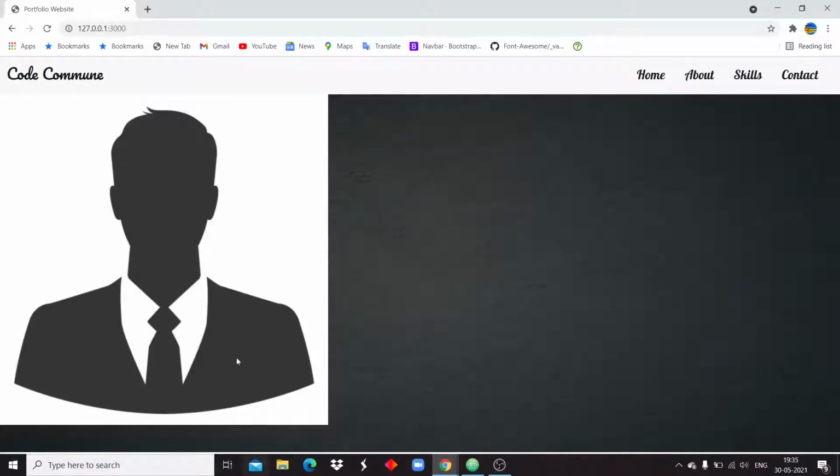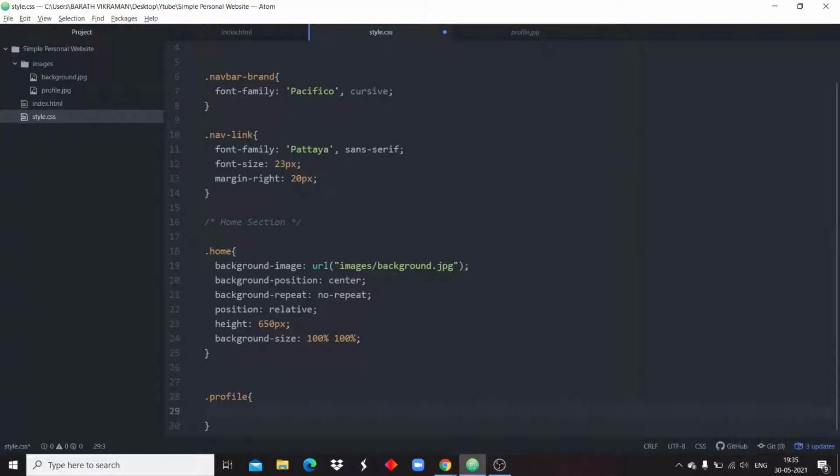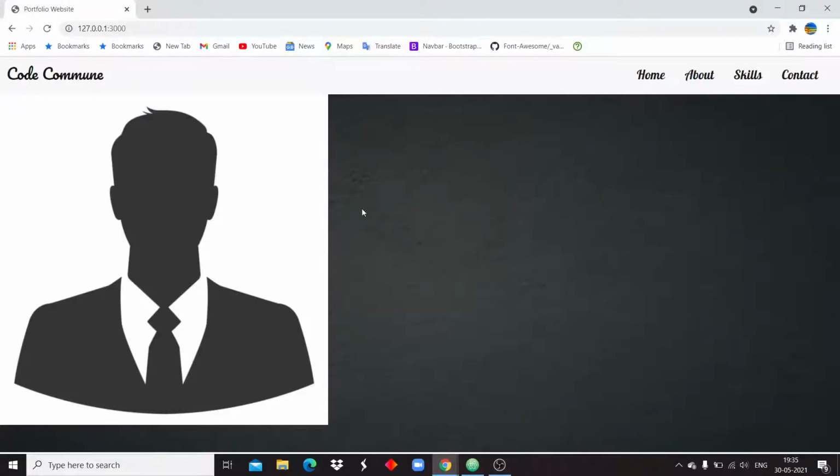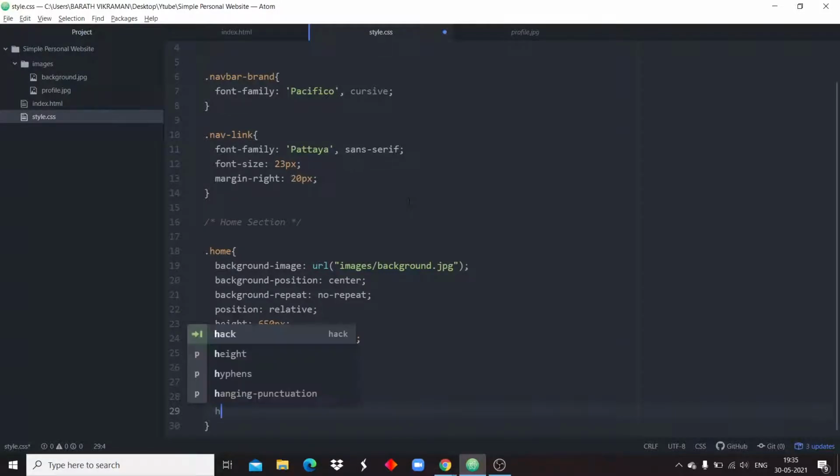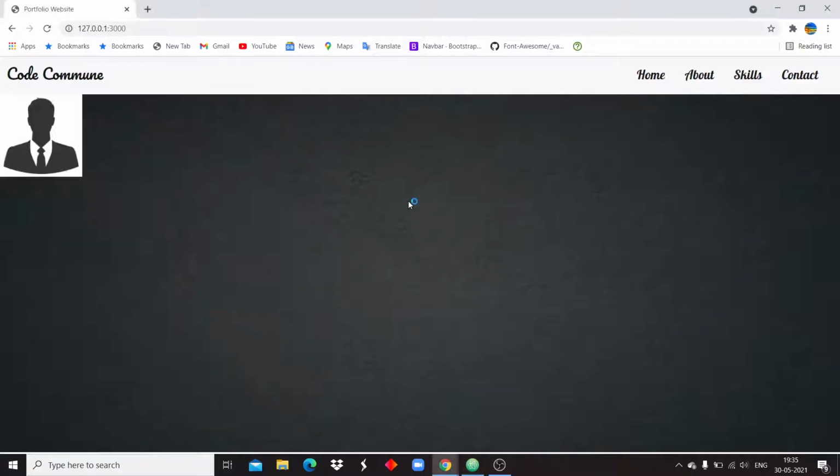Okay, first we need to change the height, so we don't want this much. So I am just reducing the height to 150 pixel. I have reduced it. Now we have got the required height.